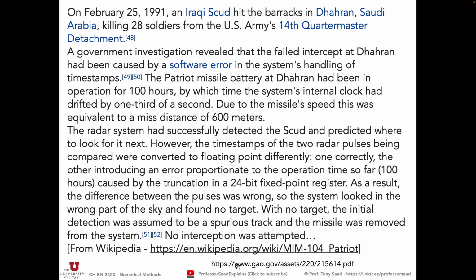The Patriot missile had been in operation for 100 hours. So 100 hours times 60 minutes per hour times 60 seconds per minute times, each second it had a ticking clock of 10 cycles. So you get over 1 million clicks for that clock, operating. So think of the 100,000 number that we added. It turns out there was a very, very small error in the clock, because of a conversion from 48-bit to